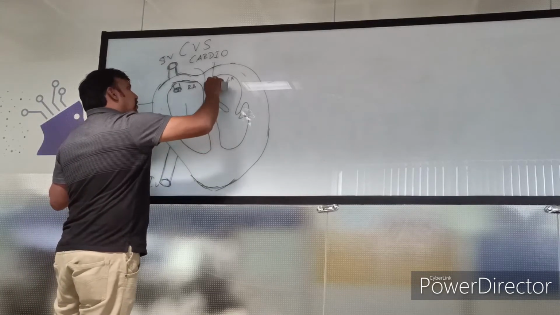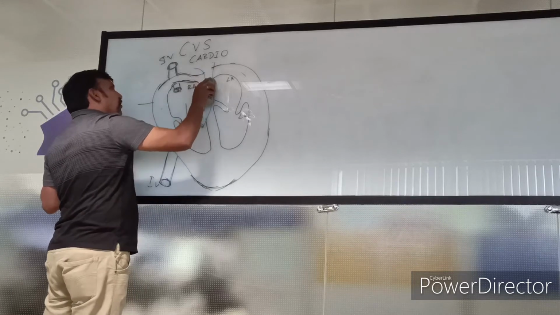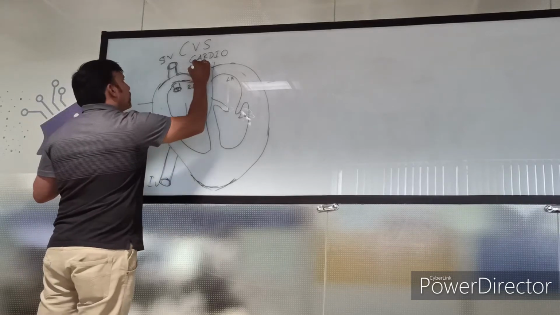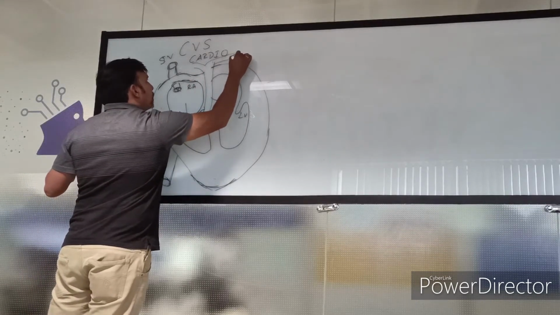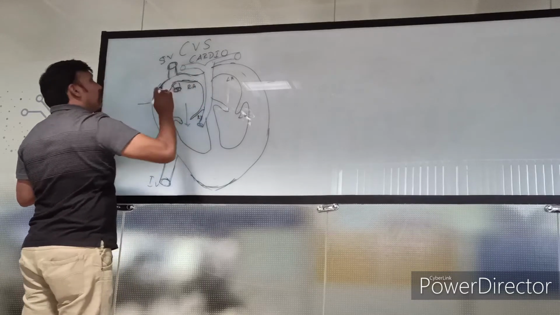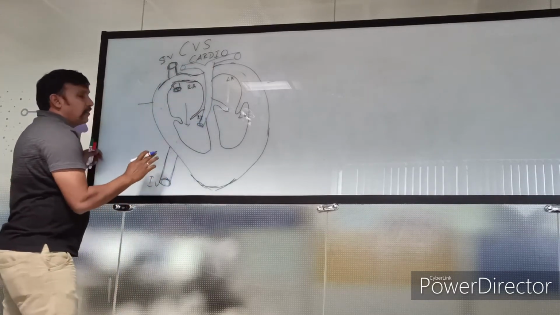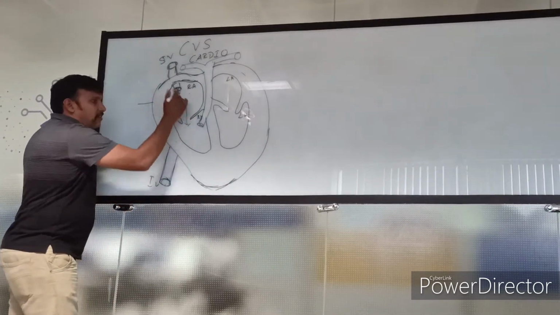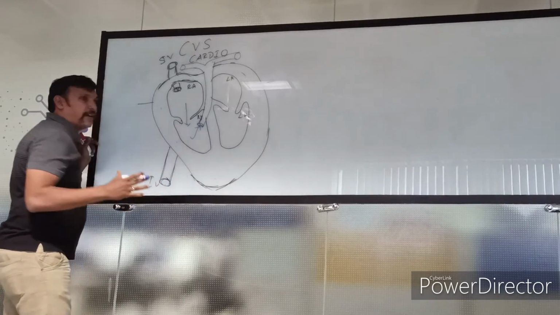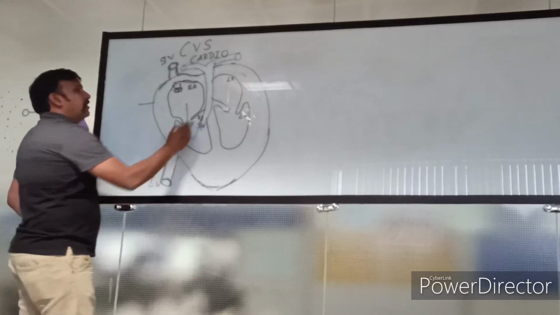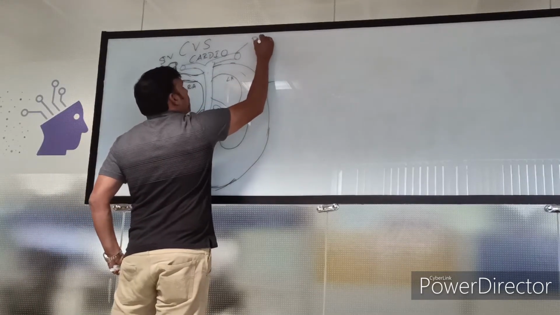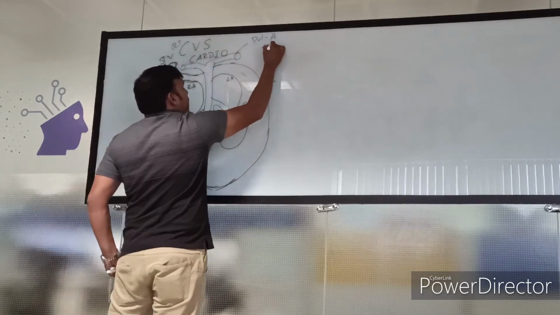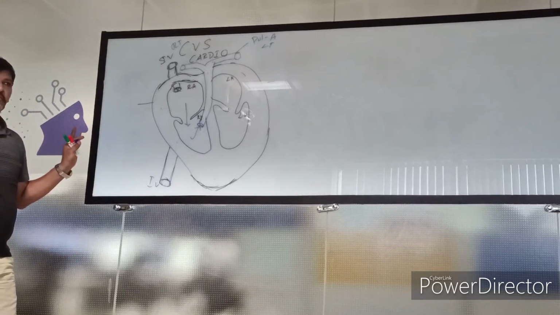Now, for the understanding point of view, I'll erase this. Imagine from the outside here. So what is the vessel that carries deoxygenated blood away from the heart known as? Artery. Correct. What artery is this? Where is it going? It is the pulmonary artery, carrying deoxygenated blood, not carbonated. As the muscle contracts, the blood enters the pulmonary artery. Again, you have your right and left pulmonary artery. Simple. Till now with me?